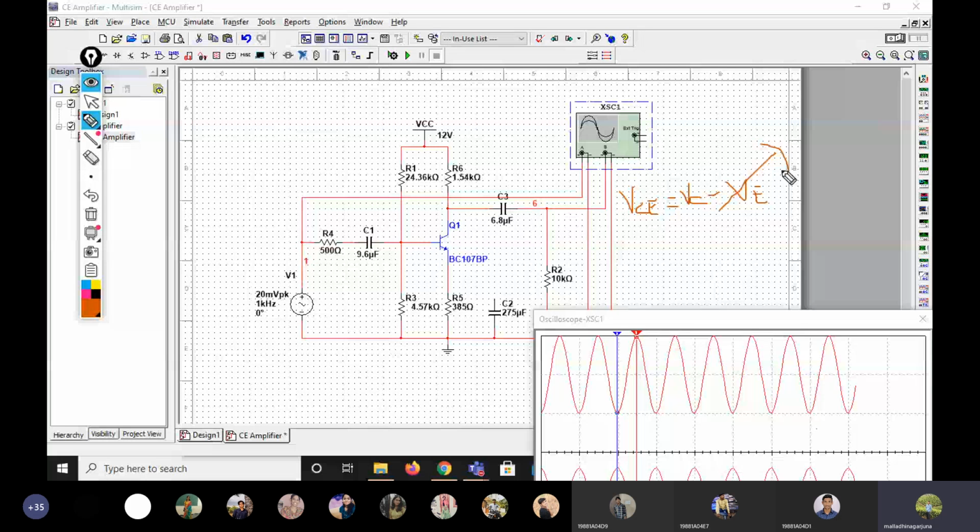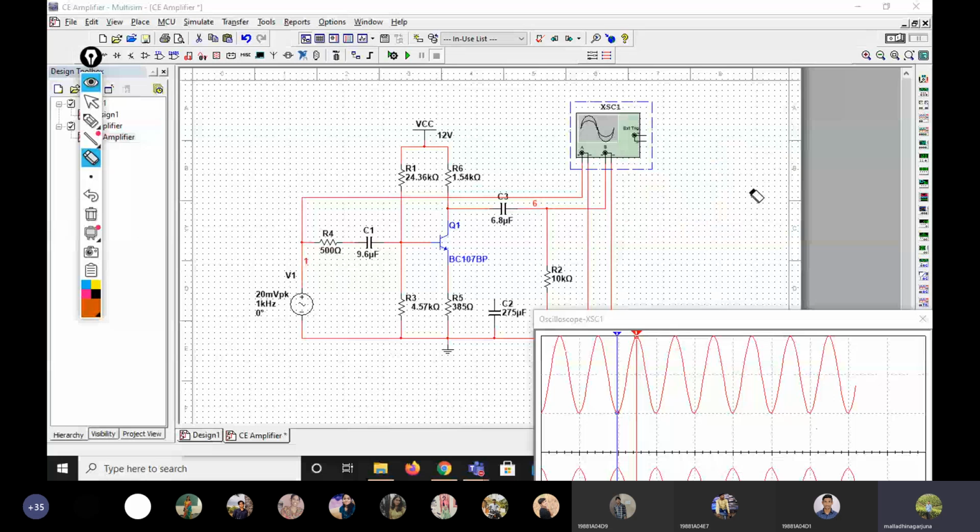If you are not connecting the bypass capacitor, VE is not equal to 0, so some voltage will be there. It could be 1 volt or 2 volt or 3 volt or 4 volt; that depends on the RE resistor value, the supply, and the collector current flowing through the collector. It depends on our parameters. So this is the negative portion, and obviously your output voltage will be decreased. So this is the reason. If you do not connect the bypass capacitor in the circuit diagram, the output gain will be very less.